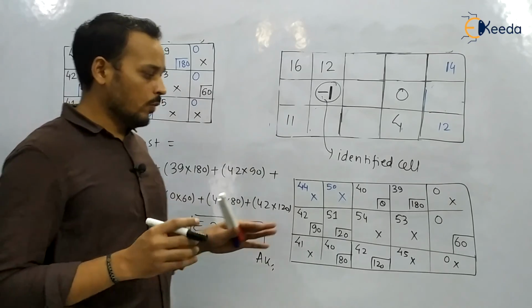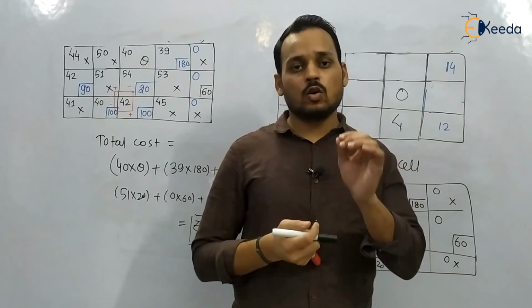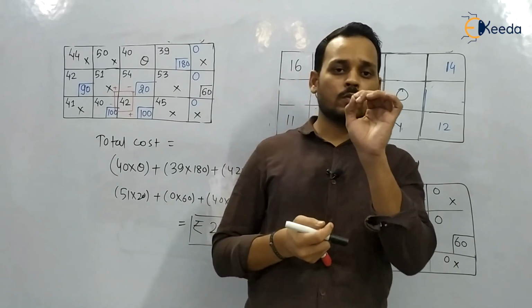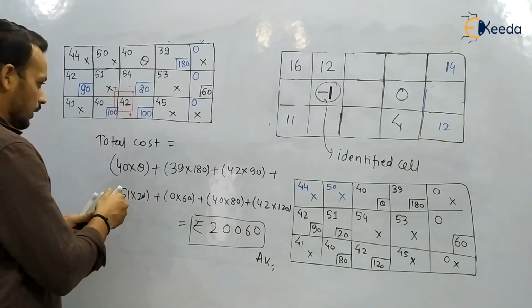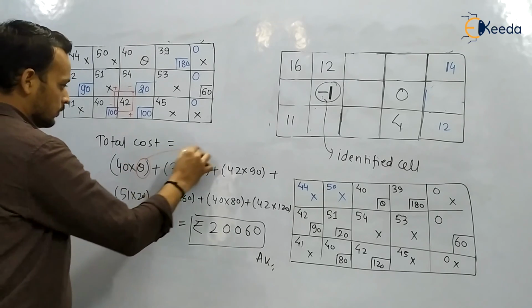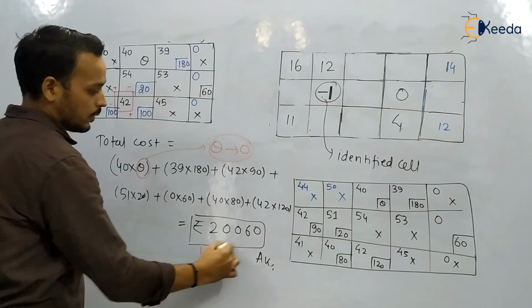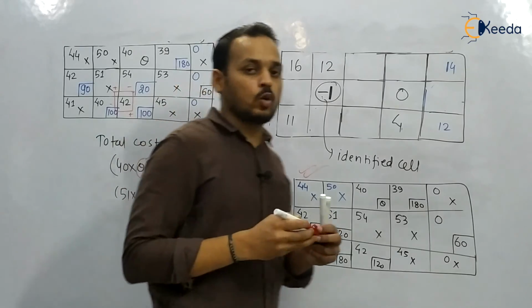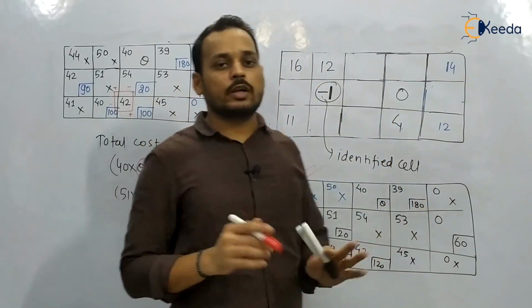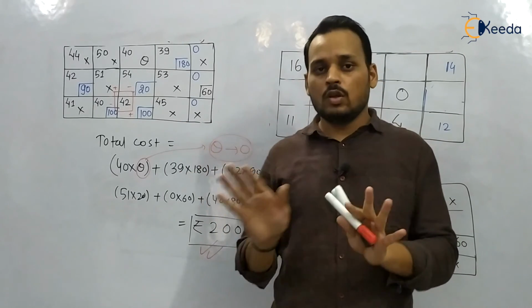Okay, so the only new thing was that whenever there is degeneracy, give minimum positive value at the minimum cost. So here the theta, okay, this theta tending to 0. Okay, so finally this is optimal. You can again perform the optimality test for this matrix. You will find it optimal, no negative values like this you will obtain. Okay, so little bit of lengthy procedures, but you have to practice it.